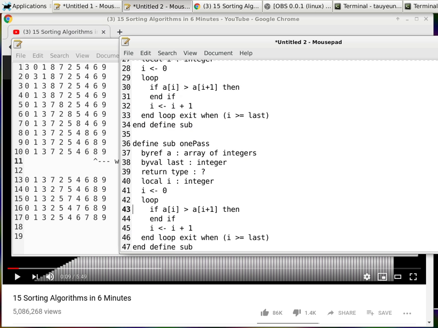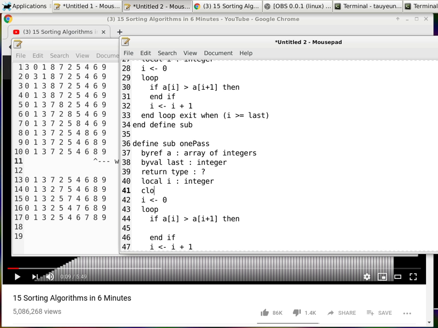All right, so in this particular revision, we'll go in and say, do you remember what the dancers did when bracket I is greater than bracket I plus 1? They exchange position. Well, to do an exchange position, we need to use a temporary variable, so we will use another local variable here. So local t